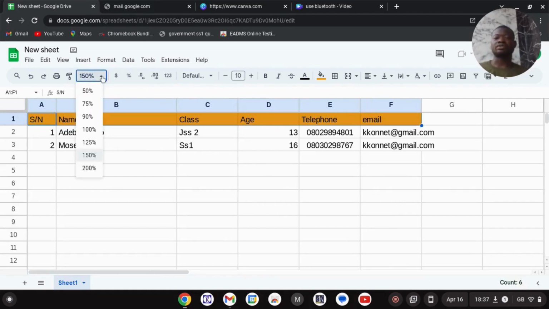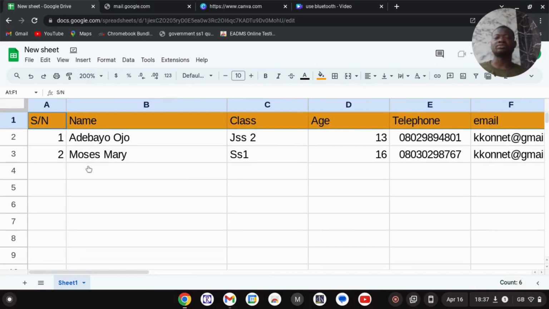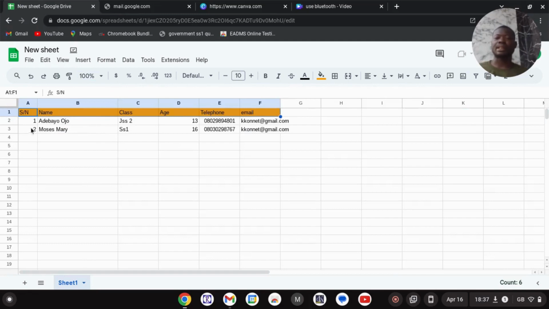Probably if you are not seeing the screen very well, you can zoom in, and you can return it back to the normal 100%. So you can see that. So it's very interesting to work with. Then we can reshuffle. Let's say for example,